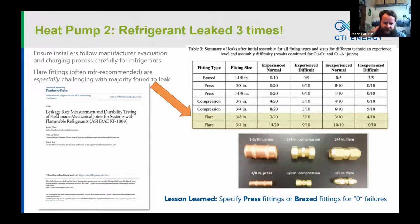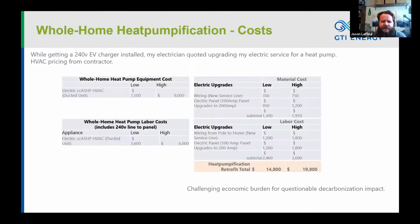And so a lesson learned here for others is to specify press fittings or brazed fittings to have a much decreased likelihood of failure on the refrigerant lines in the future. I mean, you can also leak test them too, but I'm not sure how that works over time as well as some of these other systems. So